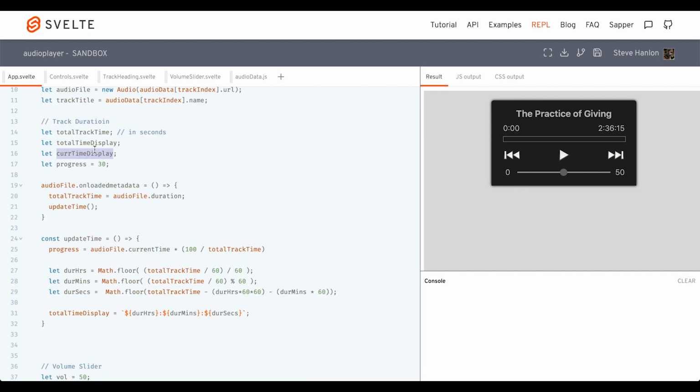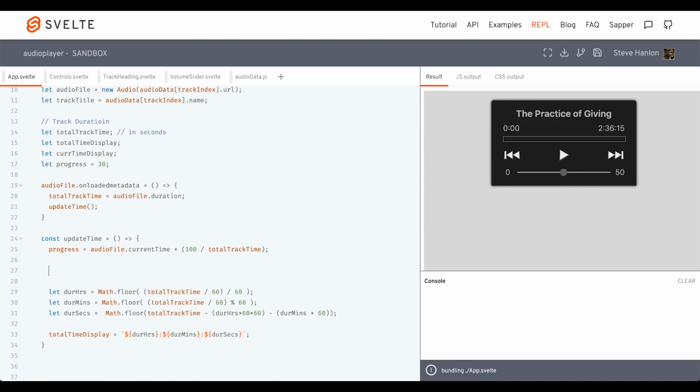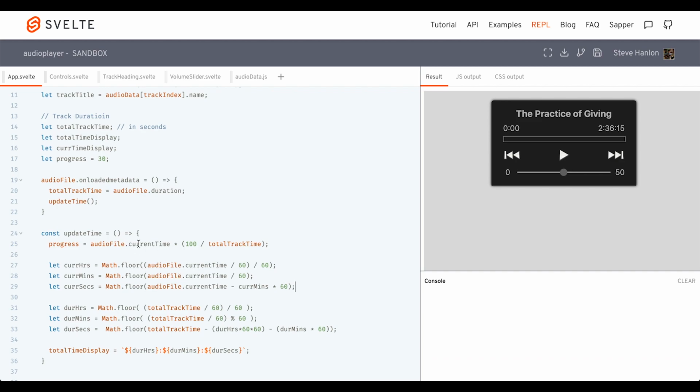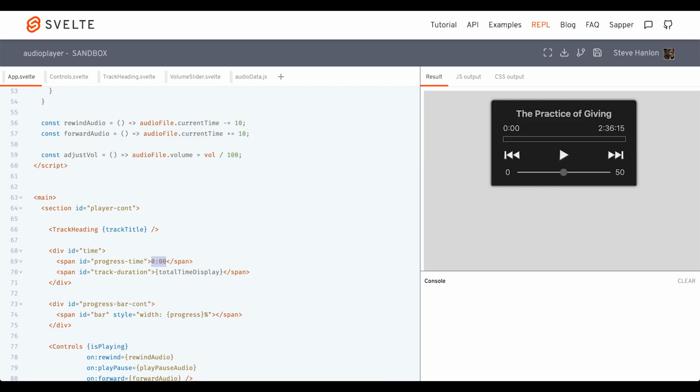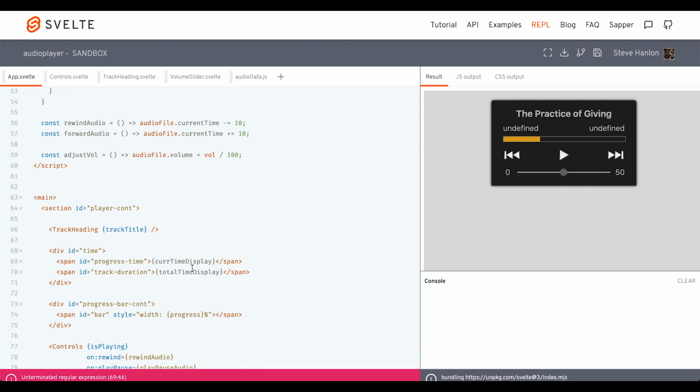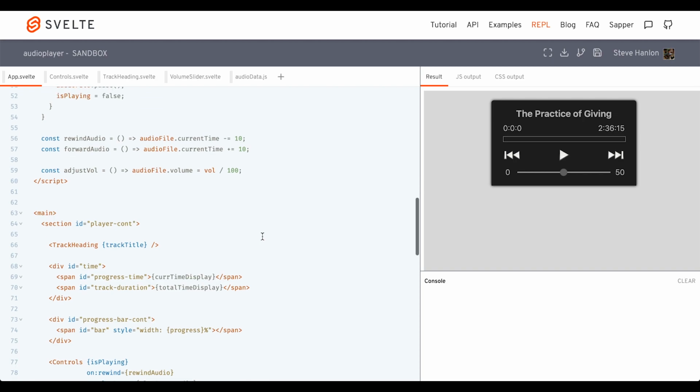And so the next thing we want to set up is this other variable, current time display. So we've set up the functionality for the total time display, but now let's go ahead and add some rules for the current time. So again, each time we get the current time of the audio file, we're going to do a little bit of math in order to clean it up so that we can then show it on the web page. And then we'll use this line where we set current time display, where we use some string interpolation to take these values and make it presentable here. So now that we've set current time display, we can take out this 000 hard coding and replace it with some Svelte curly braces and put current time display in. So now the current time display is showing